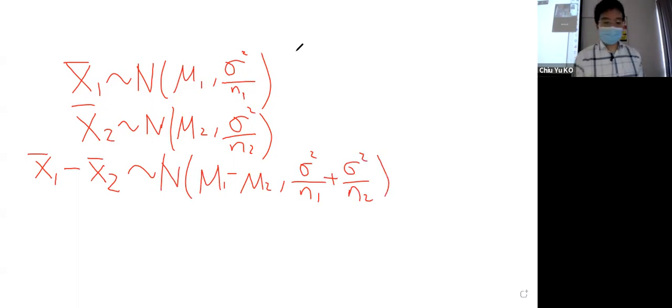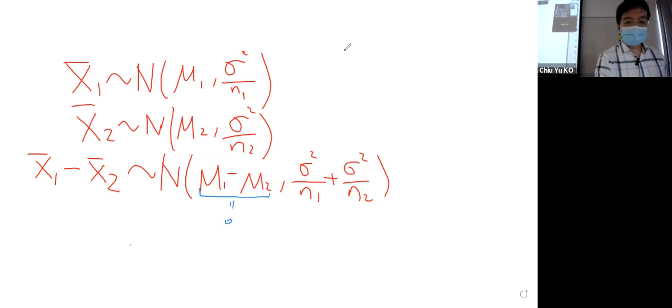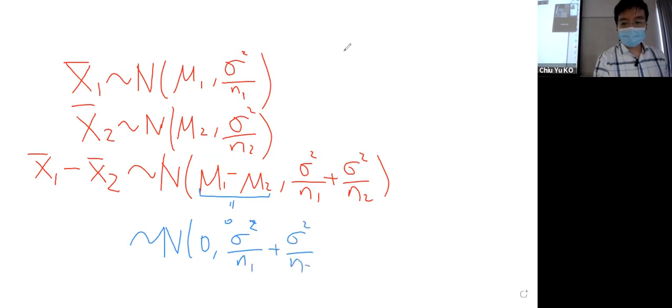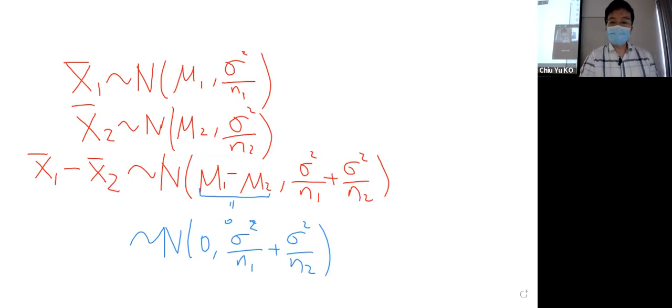Okay? So under the null, this is 0. So that's why you have normal 0 as... Okay. So if you know sigma, this z statistic is very simple. Suppose you know sigma, which we shouldn't know, but suppose we know, then the test statistic is